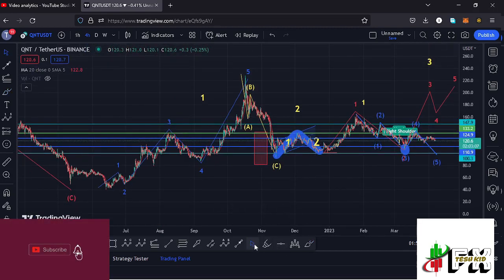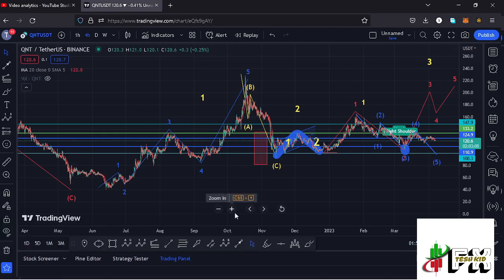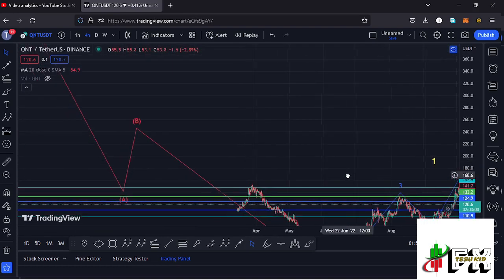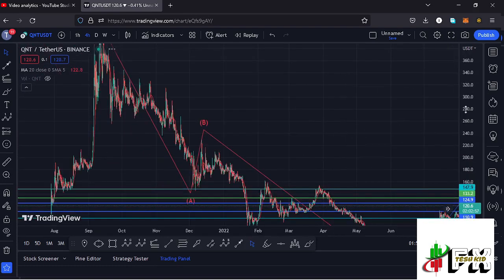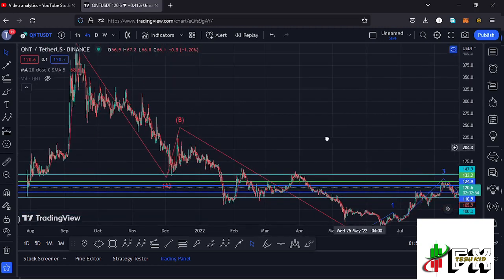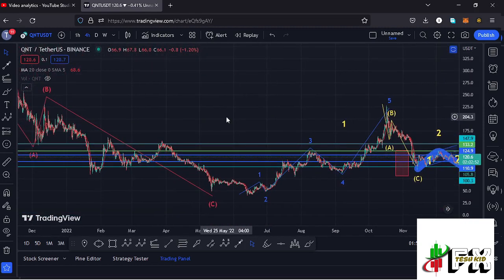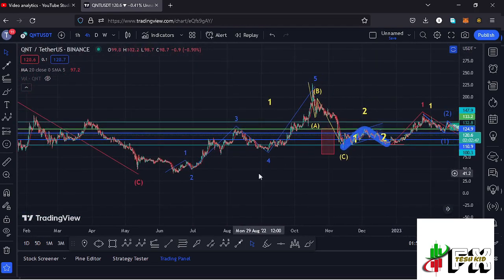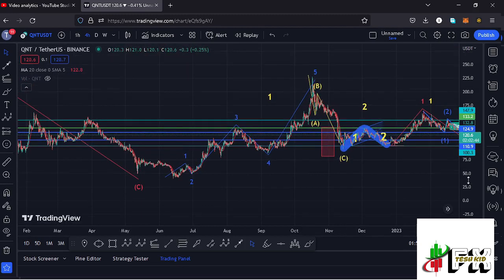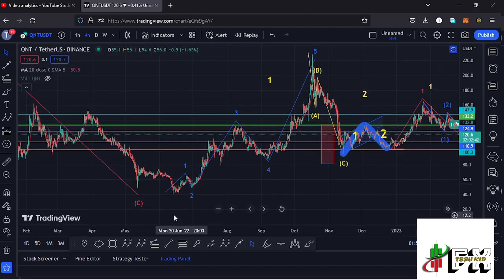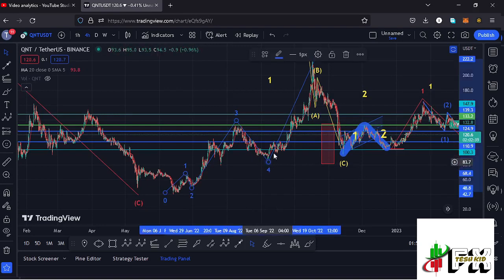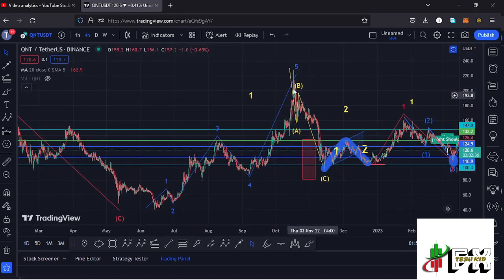And allow me to first give you the long-term outlook of the QNT chart, where you can see that after seeing the all-time high, we had been seeing lower prices in this ABC corrective structure in a move that gave us a bear market low at around the $40.1 mark. And after seeing the bear market low, we started this massive bounce to the upper side in the form of Elliott wave structures, where you can see I have this 5-wave structure to the upside in blue, having the wave 5 giving us a peak at around the $229 mark, and also completing the formation of that larger Elliott wave count